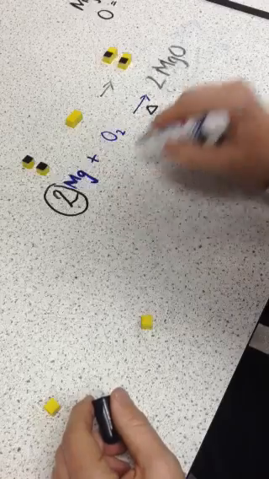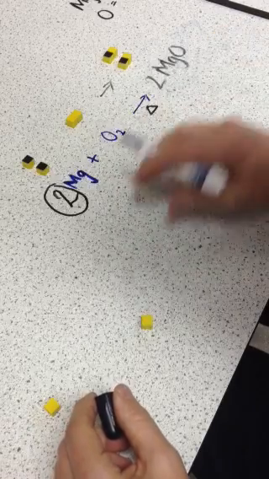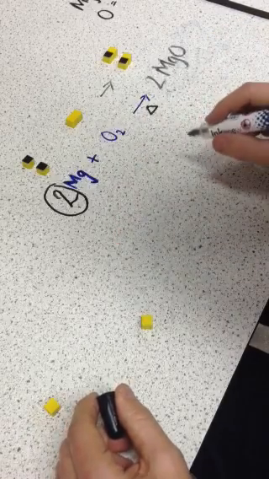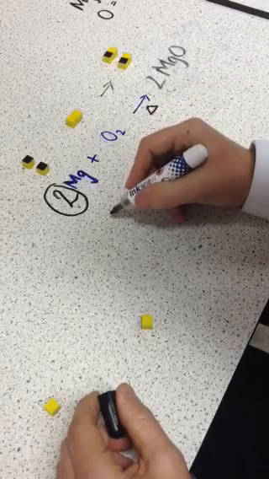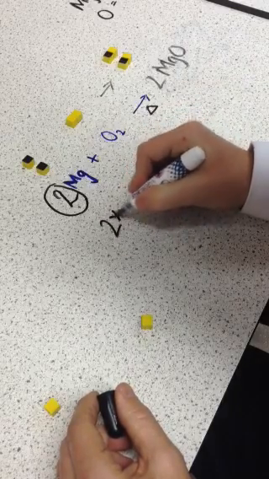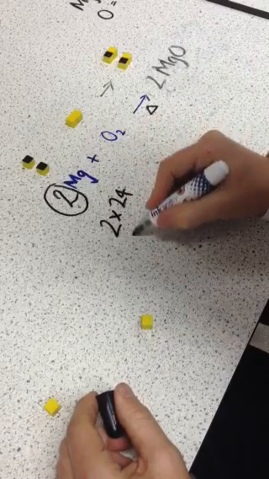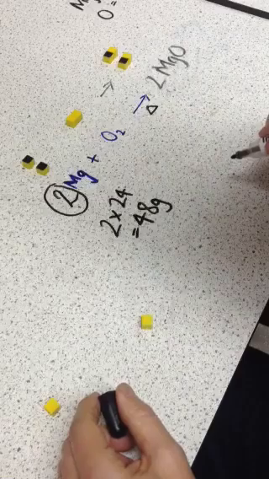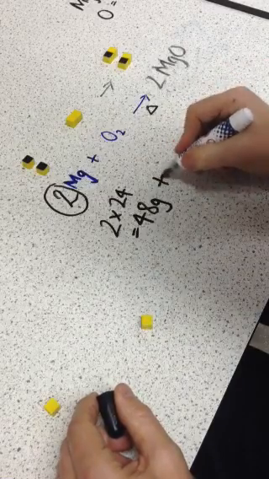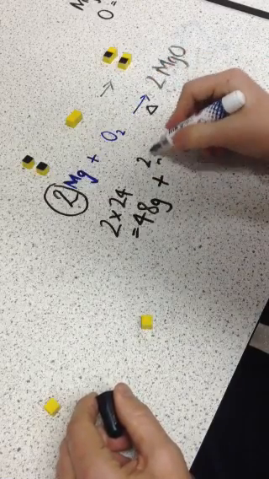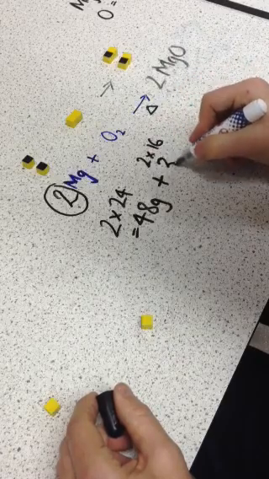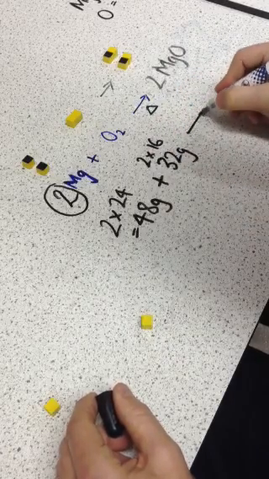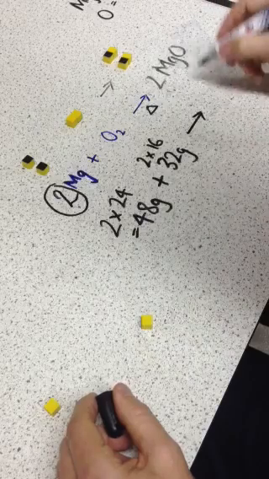We actually have in this equation, if we could have the ideal amounts, the truth is that 2 times 24, which equals 48 grams of magnesium, would react with 2 times 16, 32 grams of oxygen, to produce